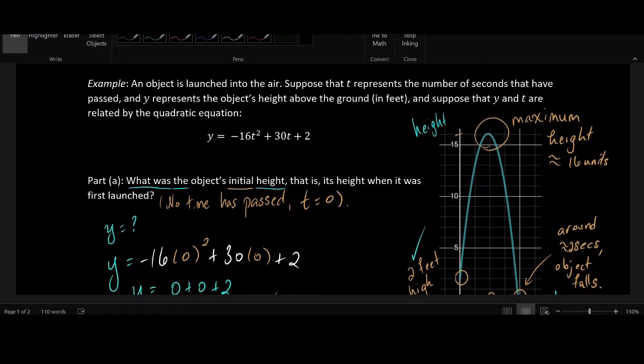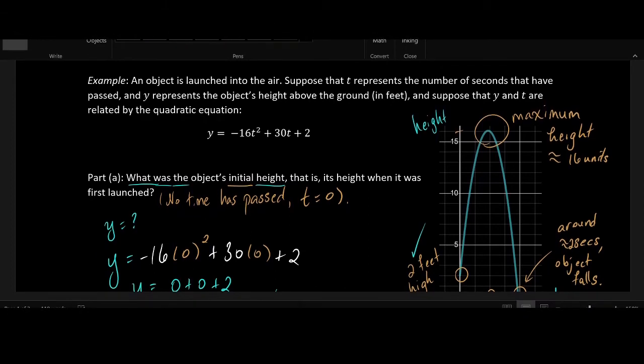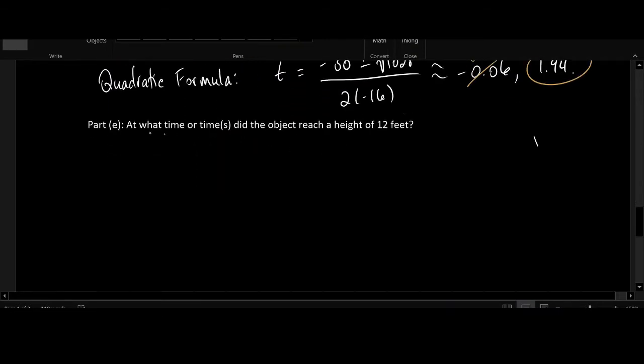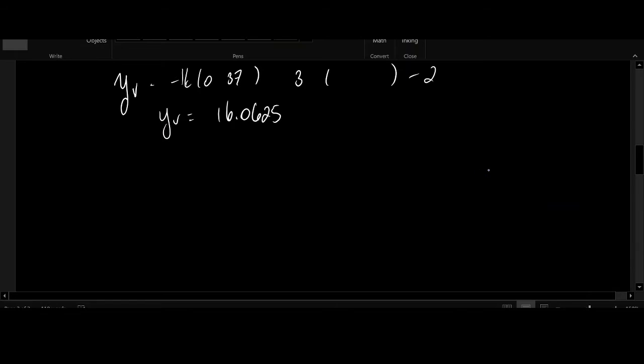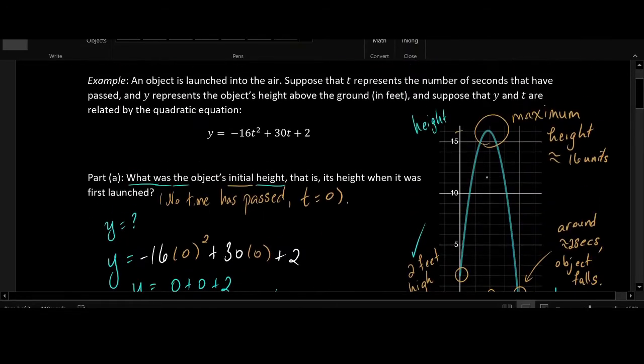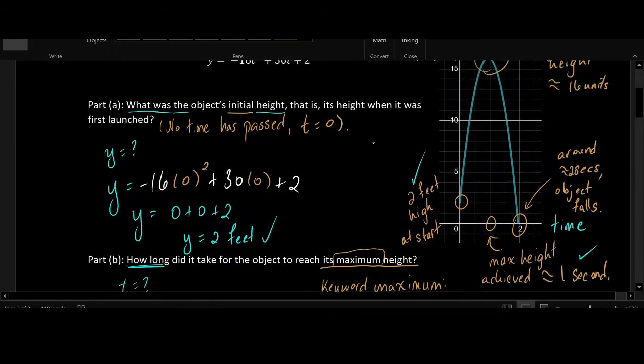In the previous video, we asked some standard questions about an object which had been launched into the air. Let's continue this example and ask one final problem. At what time or times did the object reach a height of 12 feet? Now let's go back up to our graph and see if we can figure out what would be reasonable